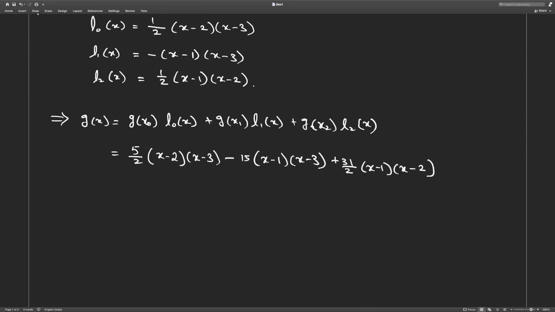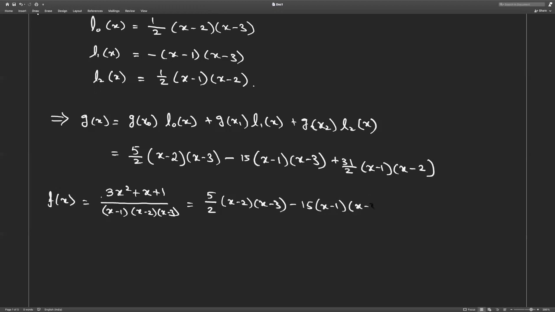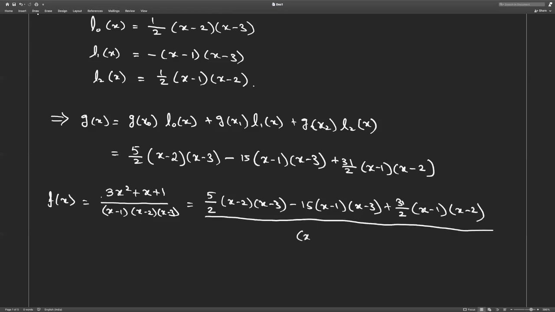You can write f of x is equal to 3x square plus x plus 1 divided by x minus 1, x minus 2, and x minus 3, and that can be written as 5 by 2 x minus 2 into x minus 3 minus 15 x minus 1 into x minus 3 plus 31 divided by 2 into x minus 1 into x minus 2, the whole divided by x minus 1 into x minus 2 into x minus 3,